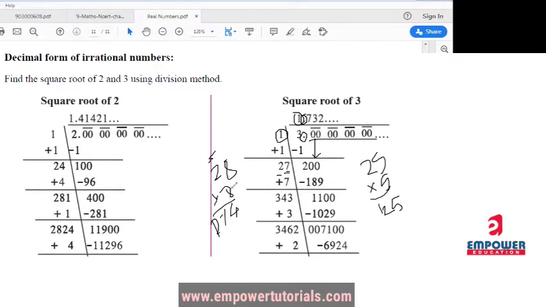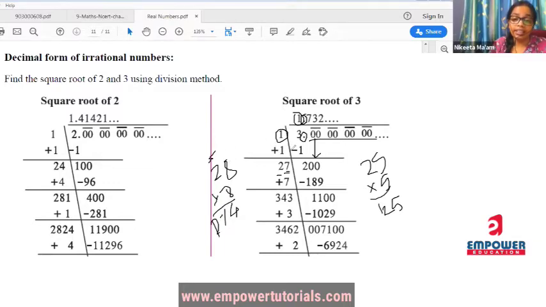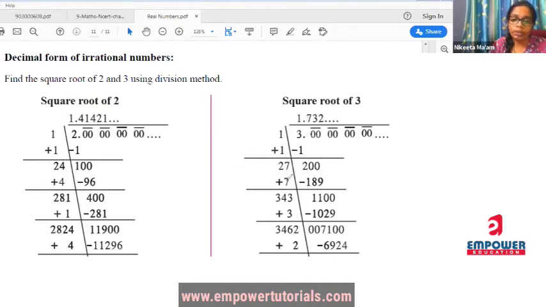224. So again it will be more than your 200. So I cannot take 8 as a number. So I will go for 7 over here. So 7 7s are 49 and 7 2s are 14, plus 4 is 189, which is less than 200 and which is nearer to 200.